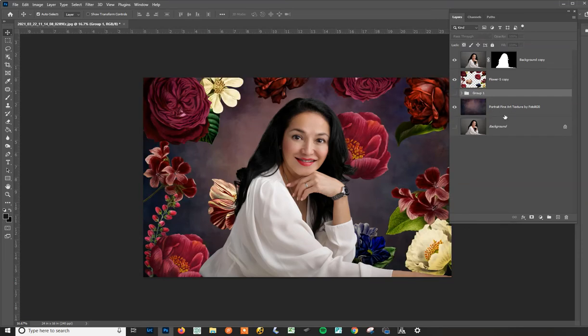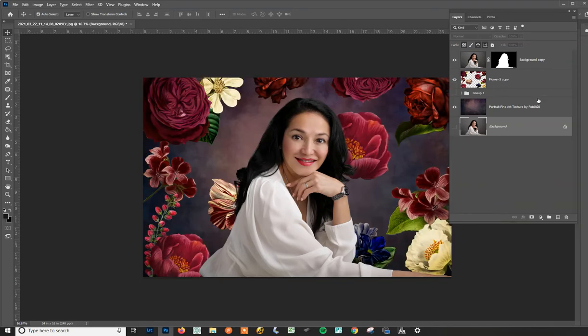I have a layer with the canvas texture. I have a layer that's separated with my beautiful client here. And I always have my background layer just in case. Now, the reason that I did that was because I might change my mind on the flower placement, and then I don't want to have to bring all the flowers in and do all of that work again. So if I ever decide that I don't like this one, I can start all over again with those images